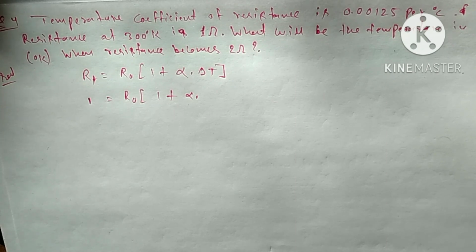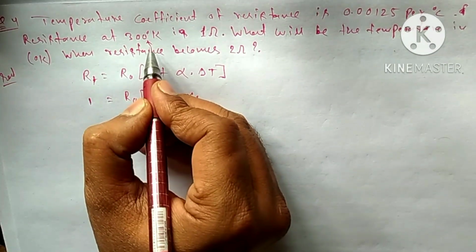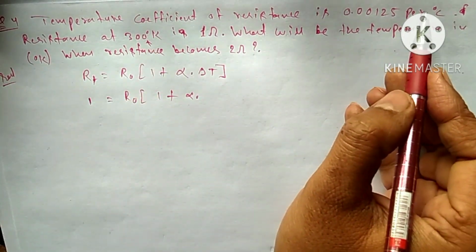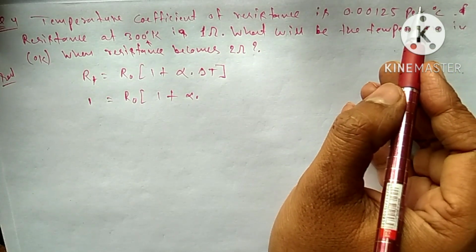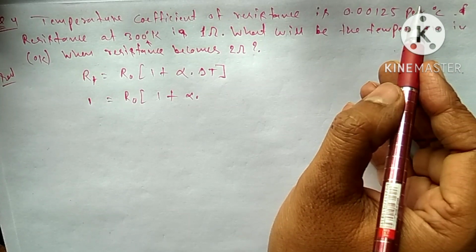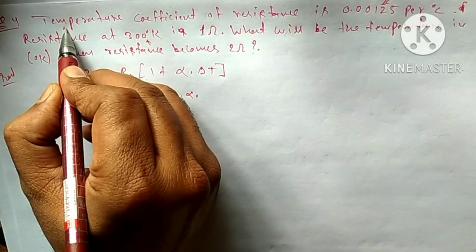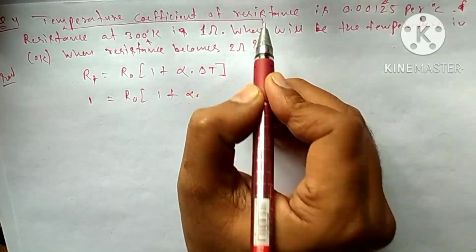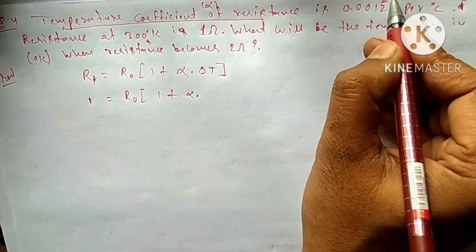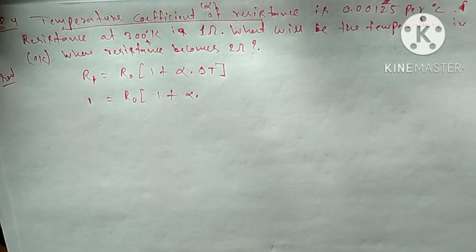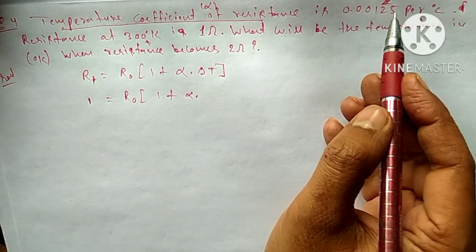Okay, so here we know that it is 300 degree Kelvin, and starting from per degree Celsius. I am looking at alpha, which is the value of the temperature coefficient of resistance. Sorry for that, alpha is mentioned here. So we can find the value of delta T with the help of this data, because